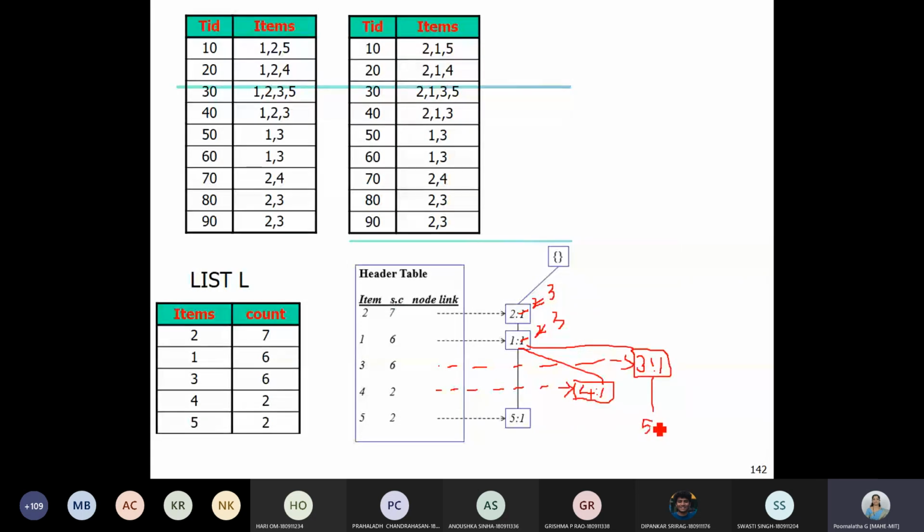New node 5 with its count initialized to 1, and from here we have a horizontal dashed line. So please remember the notation: in the FP tree we use the dashed line for the nodes of the same item, and a vertical or slanted line to represent the parent and child node. And also we write the same item at the same level, whereas in the PC tree it need not be so, but in the FP tree it should be at the same level, otherwise it is difficult to read the FP tree. I cannot write 5 here or somewhere else. It should be at the same level. Similarly, you can insert all these items, and you will get the FP tree.